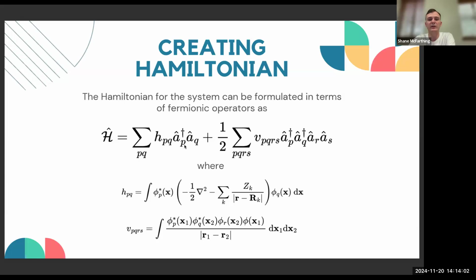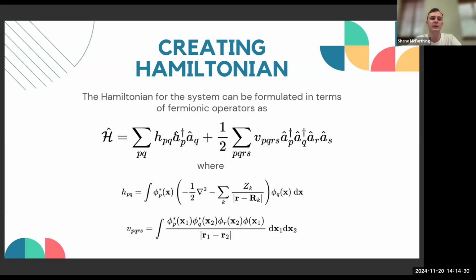And what they represent are operations that either place or remove electrons or particles into certain orbitals. So if we apply a creation operator at an empty orbital, then it'll be placing an electron there. And if we apply the annihilation operator at an occupied orbital, we'll be removing the electron. So what we're essentially trying to do is model the motion of the electrons in the Hamiltonian and take into